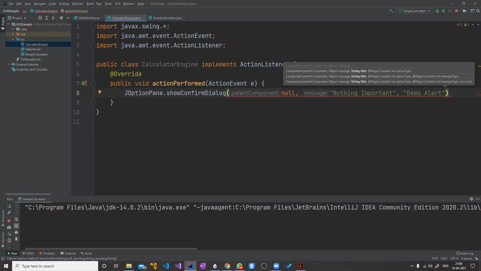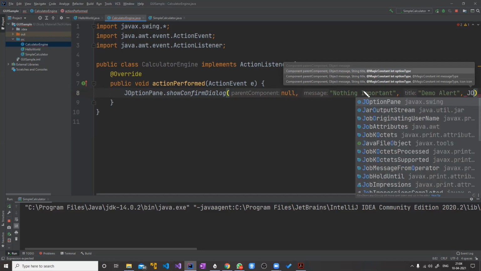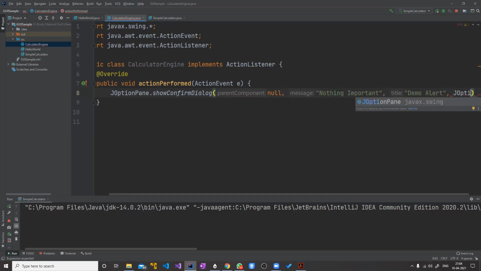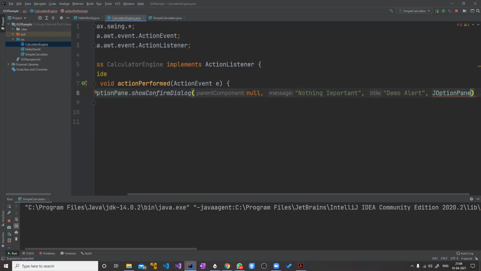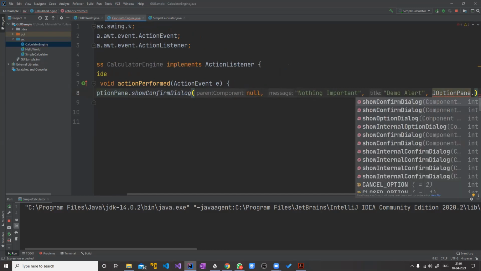Alert box. So I have given the name demo alert. After that, you have to give, you can see now in white, the option type. What type of option is this? That is given by JOptionPane. Remember all these things, I will explain all of them in detail later.